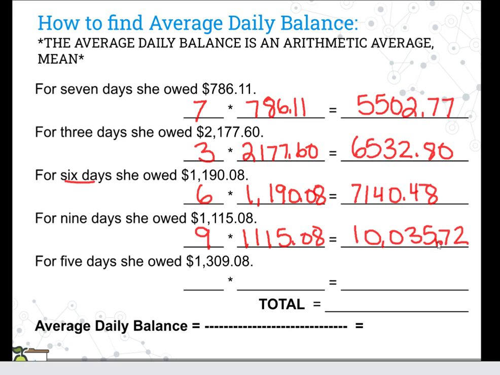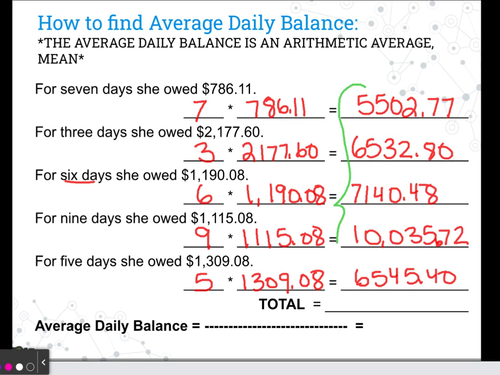$10,035.72. Okay. And then finally, there were 5 days at $1,309.08. So it looks like a charge was made, a purchase. And so that's $6,545.40. So what we need to do is total all this together. So we're going to take all of these amounts here and we're going to add them together. And so what we get is a total that is